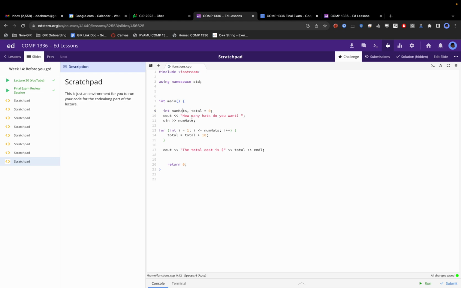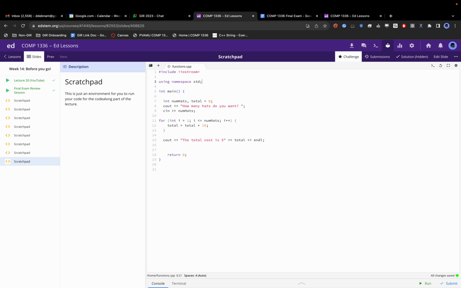So let's say I had the number of hats. I prompt the user for that number, and then I say, oh, this is terrible. Hold on. I can't even read this without it being indented. All right, cool. So if I run this, let's see,